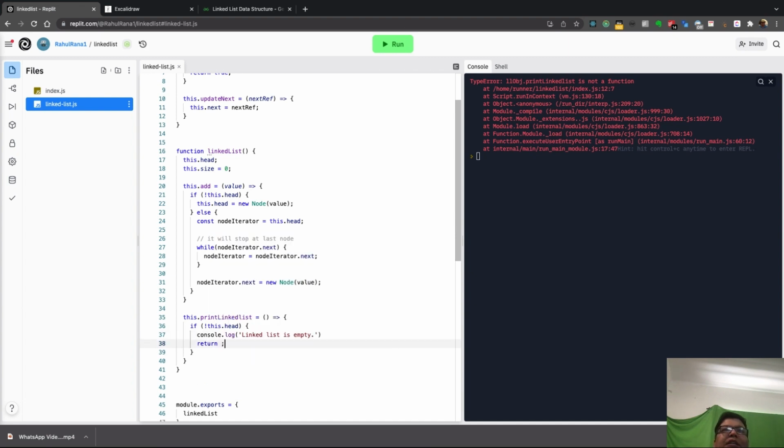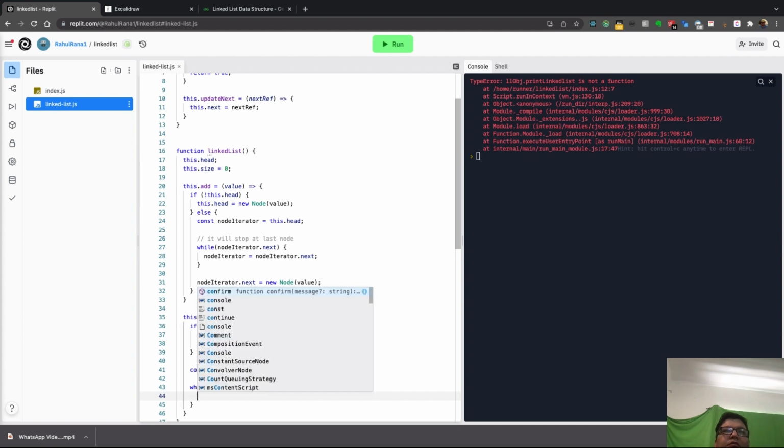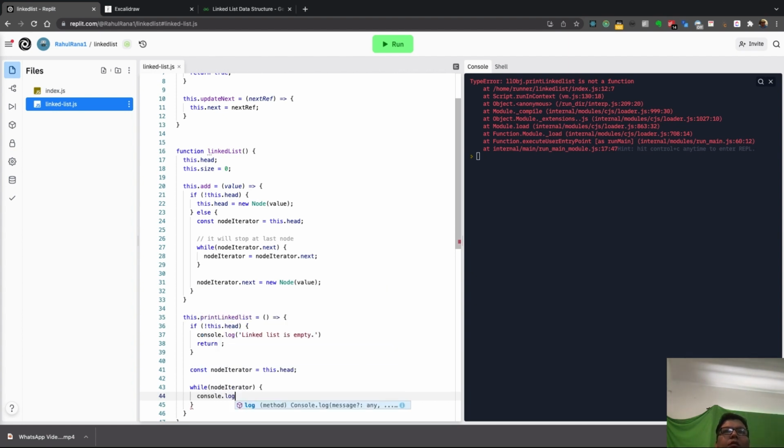So we don't need else in that case. Okay, now if we are coming here, we know it's a head, right? So we just simply want the iterator. So again what we will do is we have iterator, and iterator will be this dot head. Now what we want to do is just print it basically. So node iterator. So what it will do is I will do console dot log dot value,